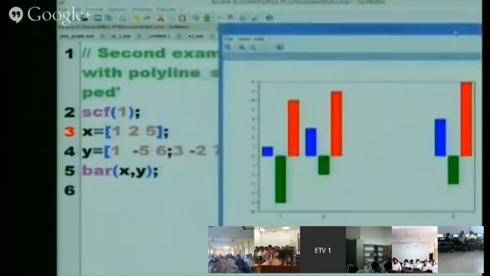See, you must know the keyword of each and every graph. You want to use bar, histogram, plot 2D, plot 3D, mesh, surf. All these keywords are there, similar to MATLAB.